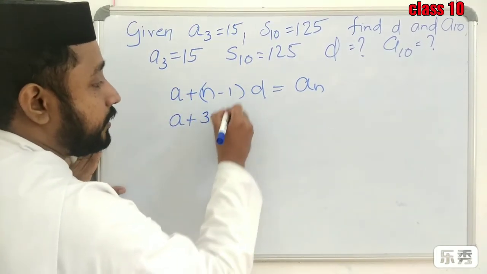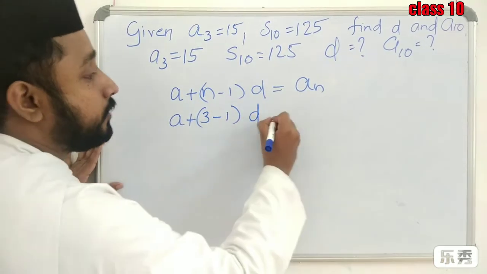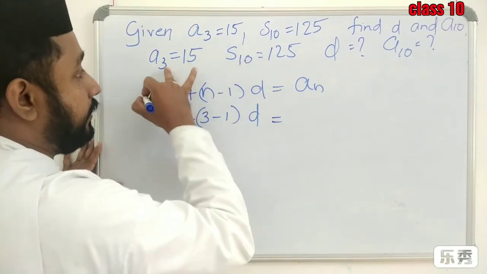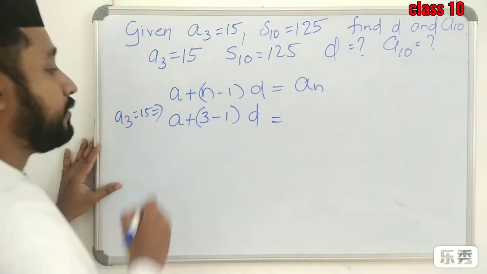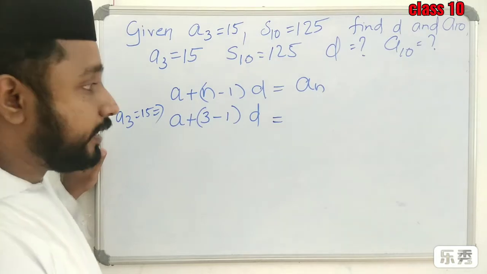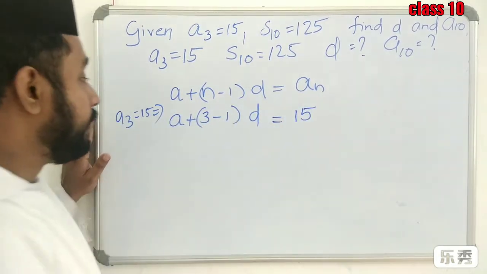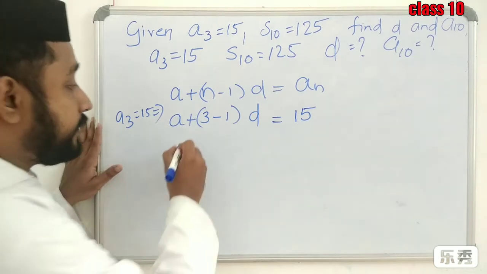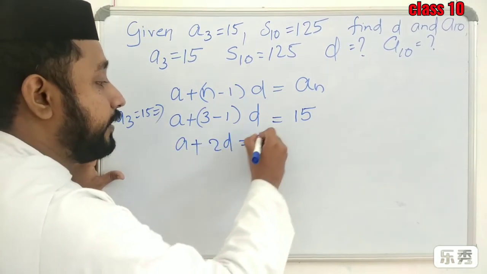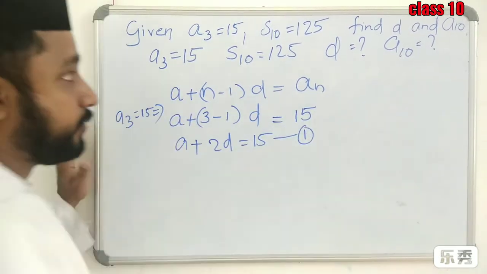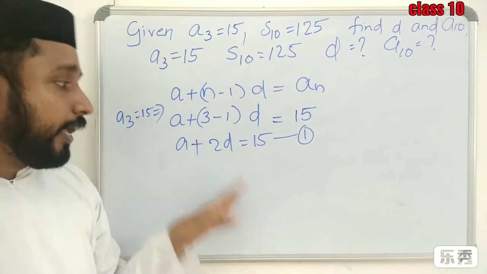So (3 minus 1) into d, since we don't know the value of d. We are considering the case of A3. A3 is equal to 15 implies a plus (3 minus 1)d is equal to A3, which is 15. So a plus 2d is equal to 15. Equation number 1. From the first condition, A3 is equal to 15, we got one equation: a plus 2d